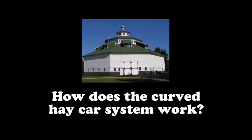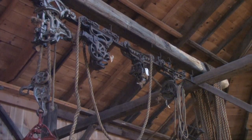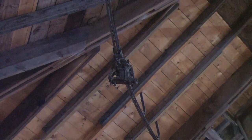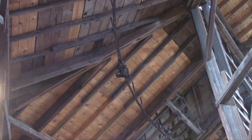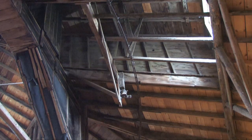In regular rectangular barns, when they have that hay car system, it's just a straight track at the top of the barn. In these octagon barns, these circular barns, they actually had to put a circular track around the top of the barn to oversee the loft areas. And once that track went all the way around, it came to about 6 feet from the end,